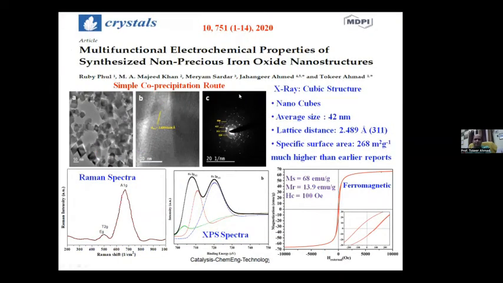And the last material for today's presentation is iron oxide nanostructures. We have prepared these iron oxide nanostructures by using the simple co-precipitation method. X-ray diffraction studies show that it was indexed in the cubic structure, and this is a very beautiful TEM picture which shows the formation of cubes, and this is the HRTEM image which shows the formation of clear lattice fringes, and each circular ring in the selected area electron diffraction pattern could be indexed in